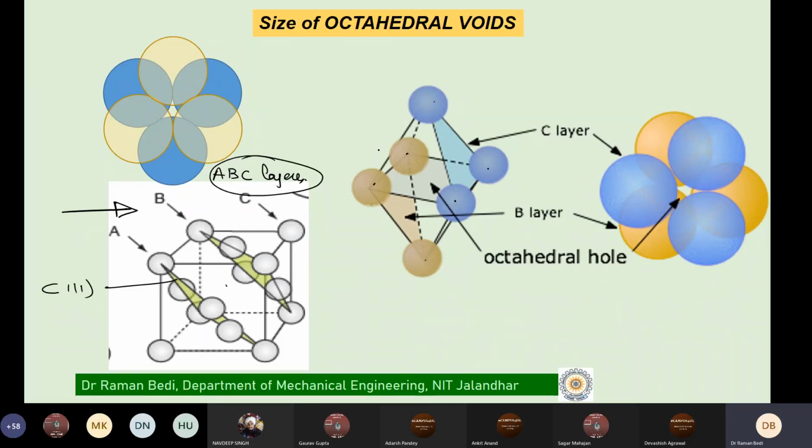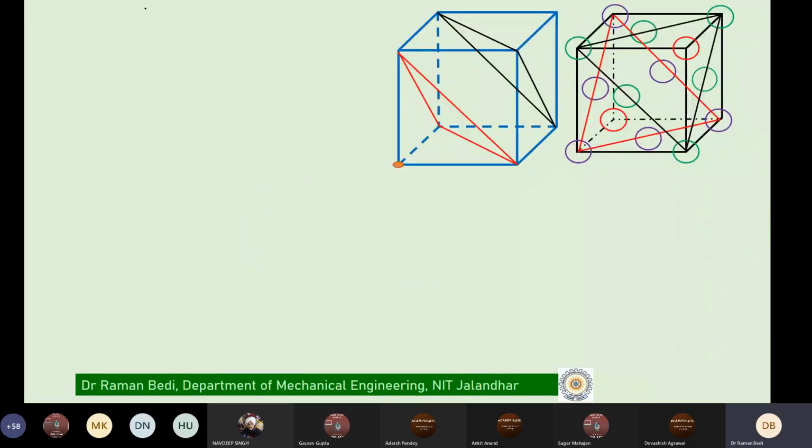A similar thing happens in A and B, B and C, and then it continues, and those voids are available to us. So the simple understanding here is that this is where the location of the void is as far as the center of the unit cell is concerned. There are other locations in which you will find more voids here, and we need to appreciate what those locations are.